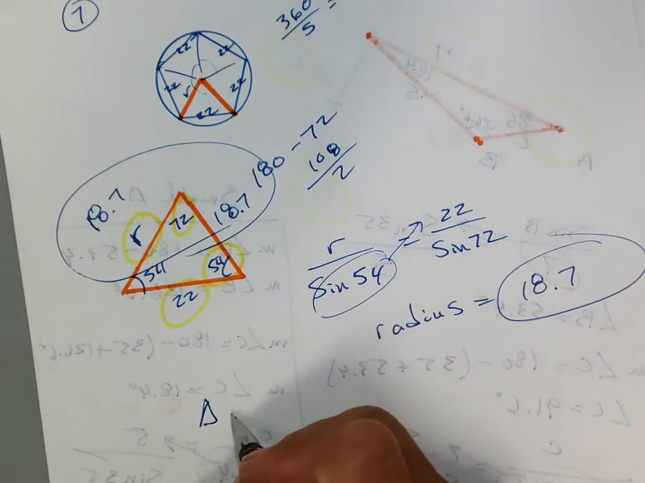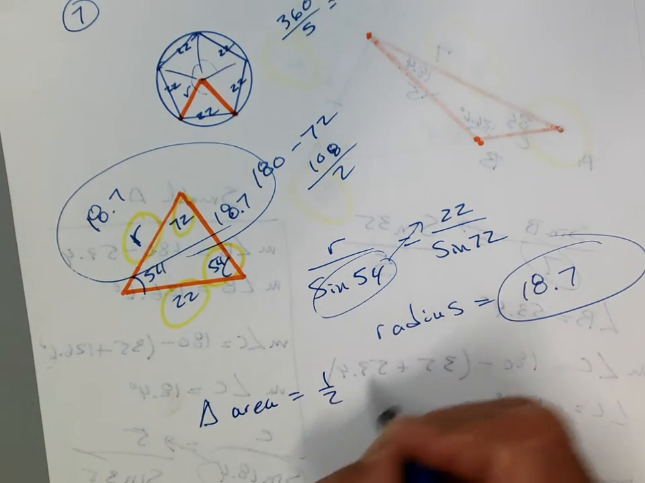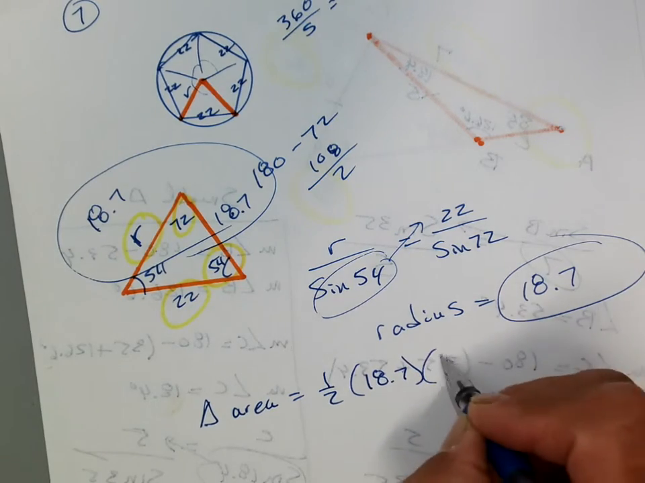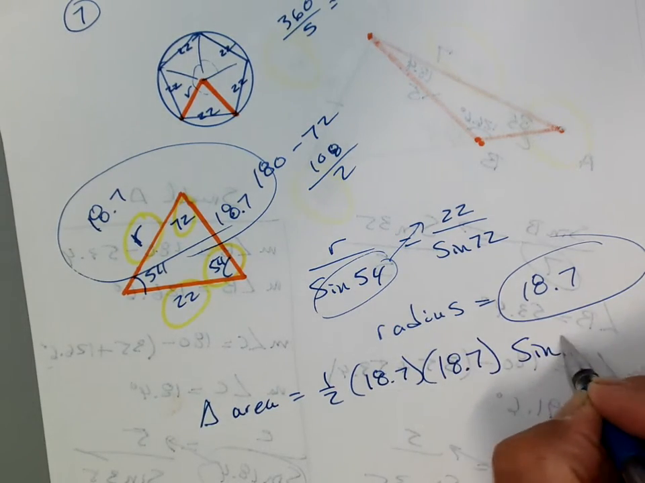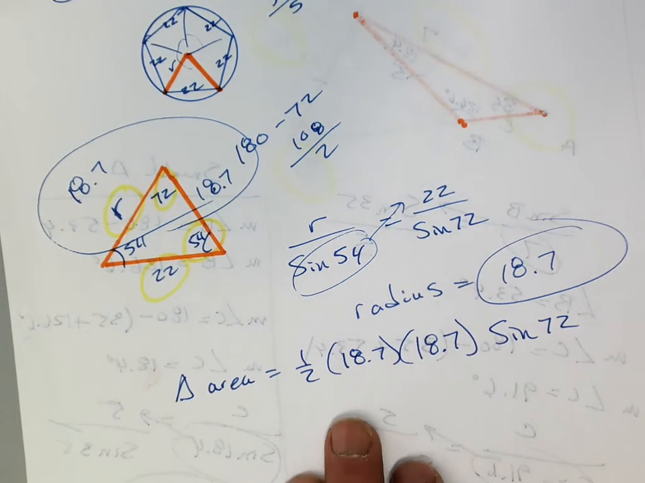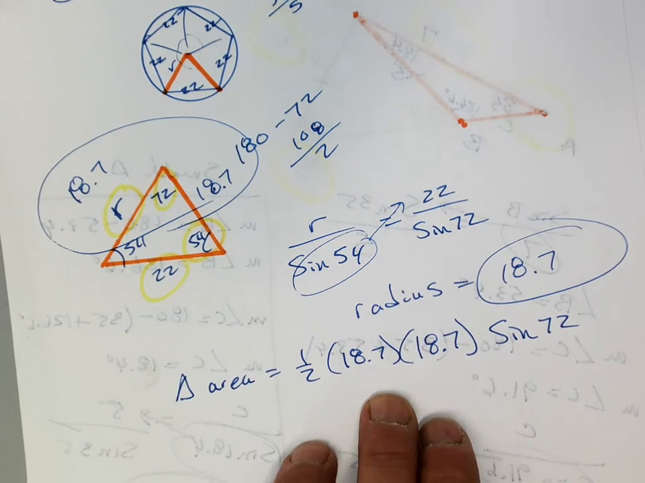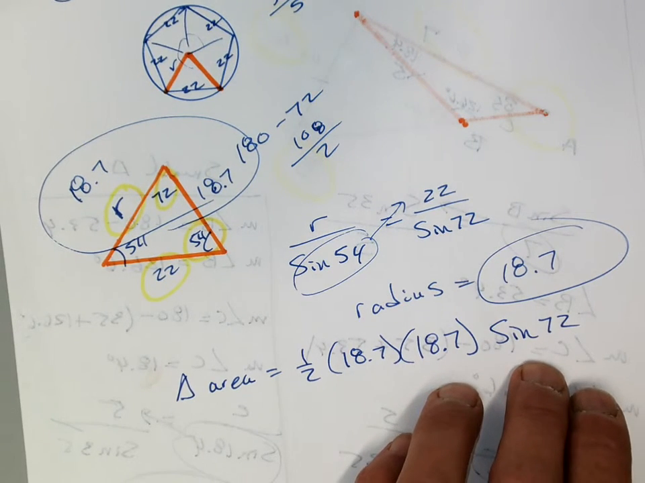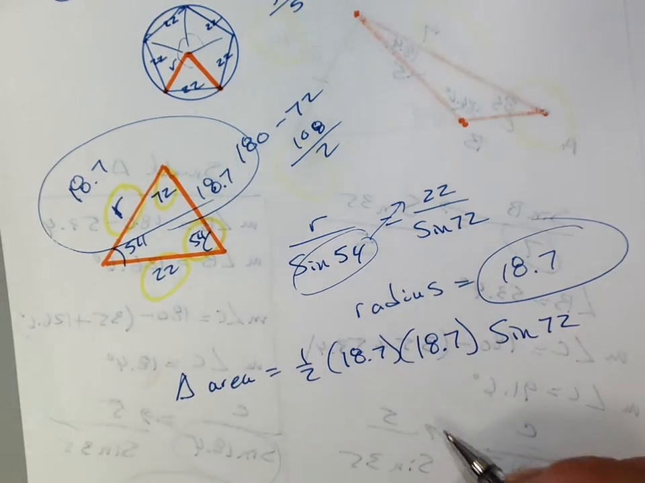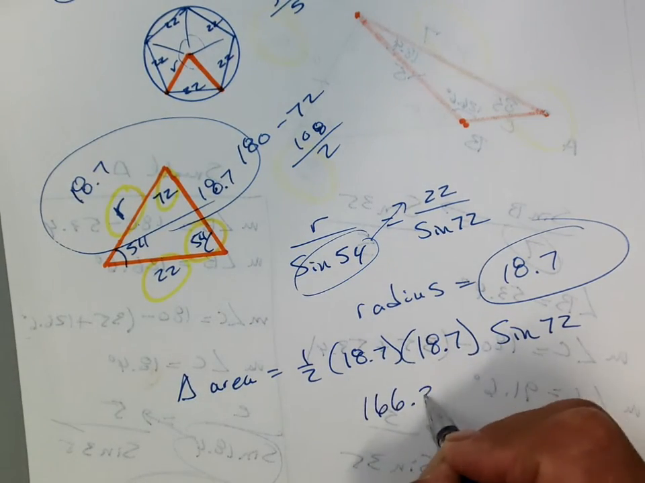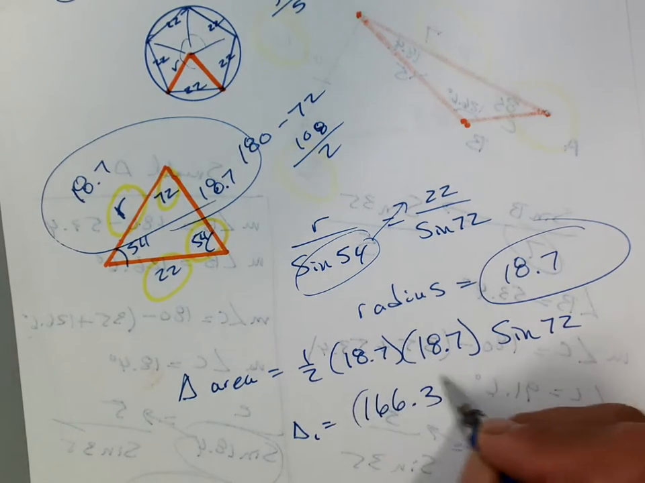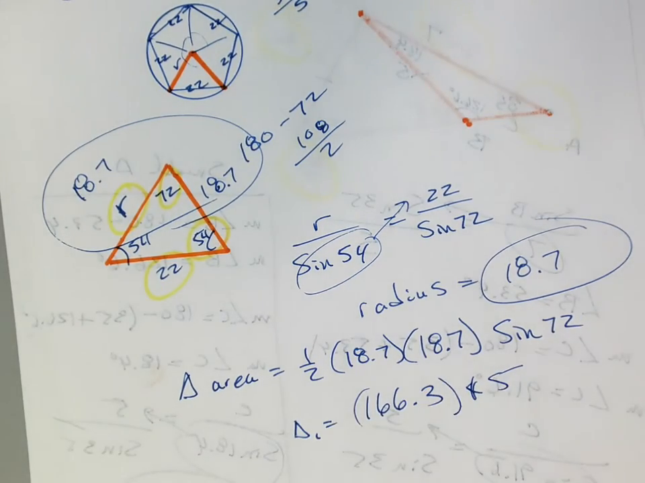So the triangle area is equal to 1/2 times 18.7 times 18.7 times the sine of 72. Okay, let's go 0.5 times 18.7 times 18.7 times the sine of 72. I get about 166.3 for the triangle. But Daisy said multiply that by 5, because there are 5 triangles. And Daisy, your method of the other 3 triangles would also work, okay? Exact same process. Times that by 5, you get an answer of about